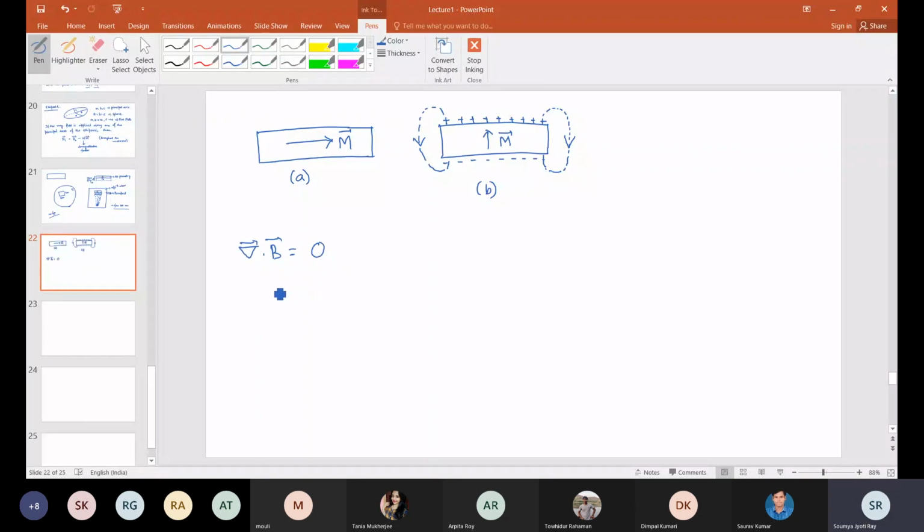Which means that, let's say we talk about this B as M plus H, so whatever del dot M is created has to be compensated by del dot H, so that the total divergence stays 0.